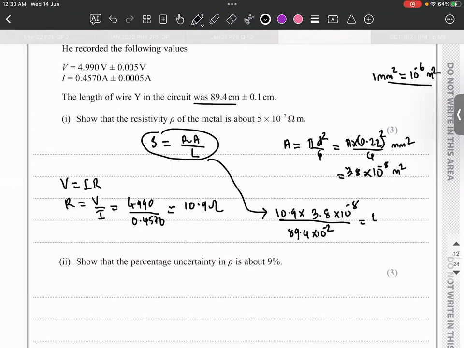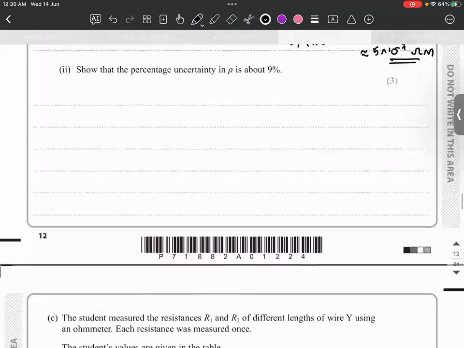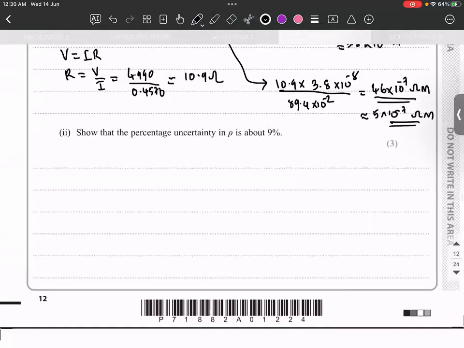And if you're evaluating, we will get it as nearly 4.6 × 10^-7 ohm meter. And it's nearly about 5 × 10^-7 ohm meter. Clear? So that is the idea about this question. Now, in the second part